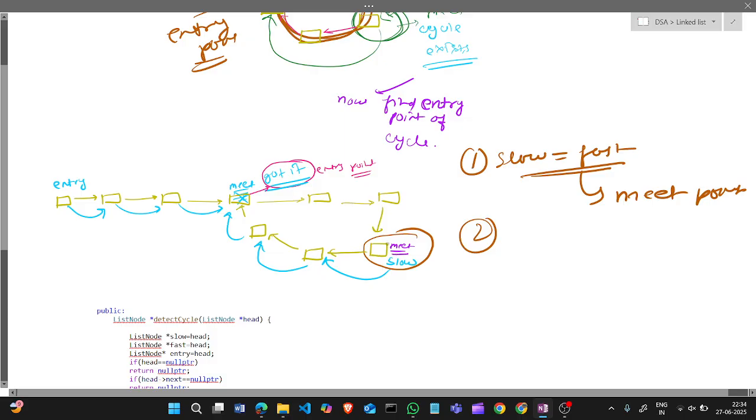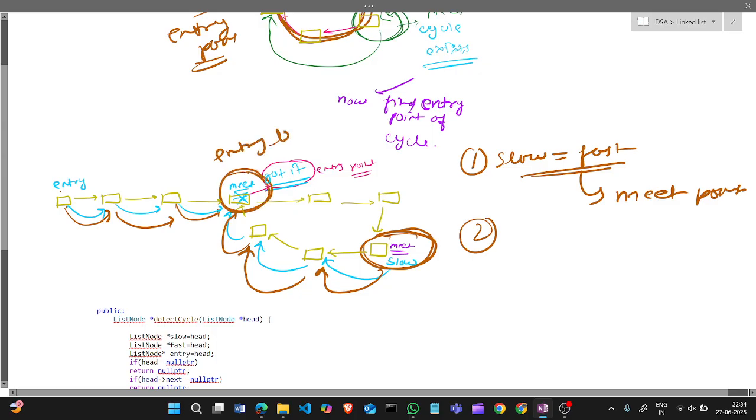If this is the meeting point and this is the entry point, we will run both pointers one step at a time, this and this. Whenever both meet, that will be the entry point of the loop or cycle. Remember this trick.